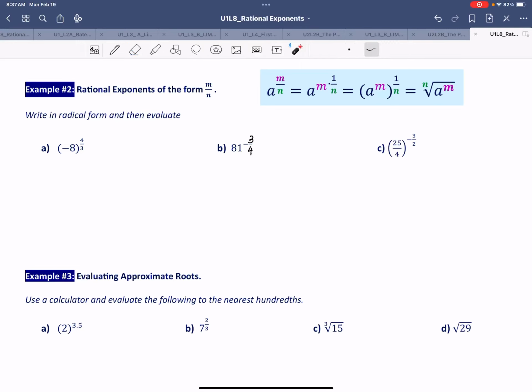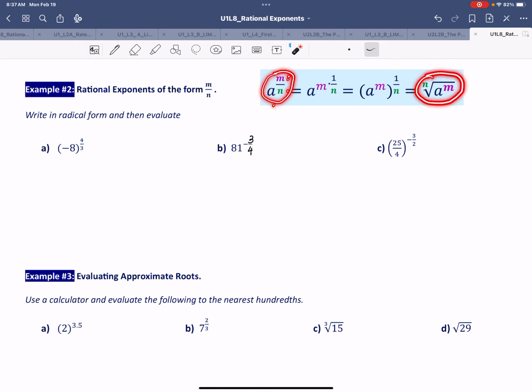In this part of the lesson, we'll practice how to convert exponential numbers with rational powers into radical form and evaluate them using a calculator. So recall that the formula that connects an exponential number with exponent in rational form and a radical number is